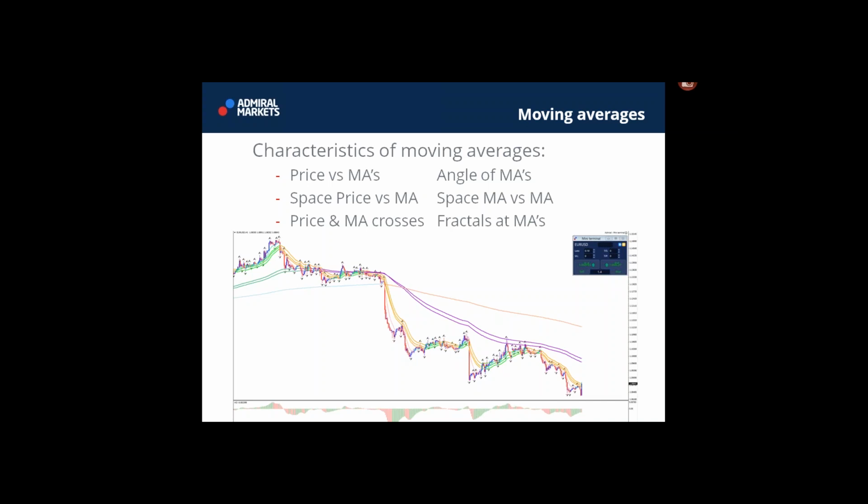Take a look at this recent fall in the euro dollar. We have price action below the short term 21 EMA, and the 21 is below the 144. The space between price and the 21, and between the 21 and the 144, is increasing and becoming bigger. Those gaps becoming bigger, and the angles of the moving averages becoming more bearish